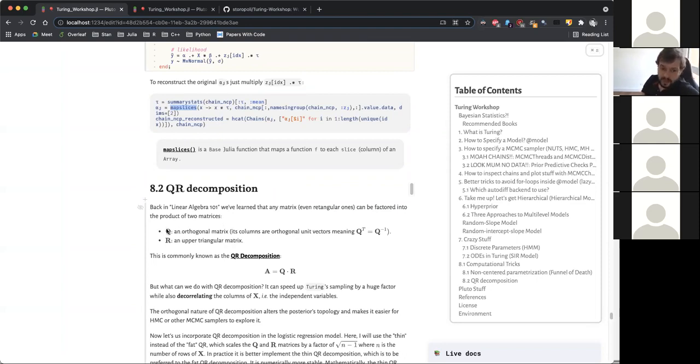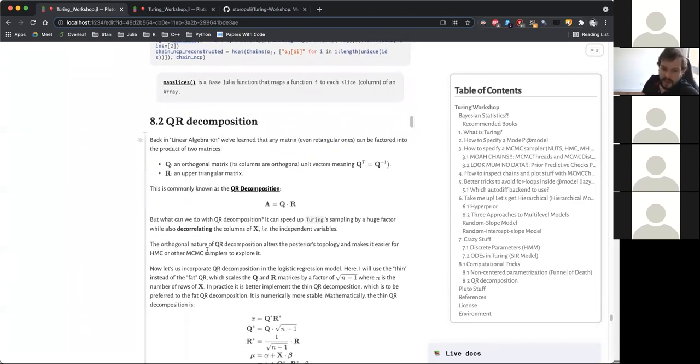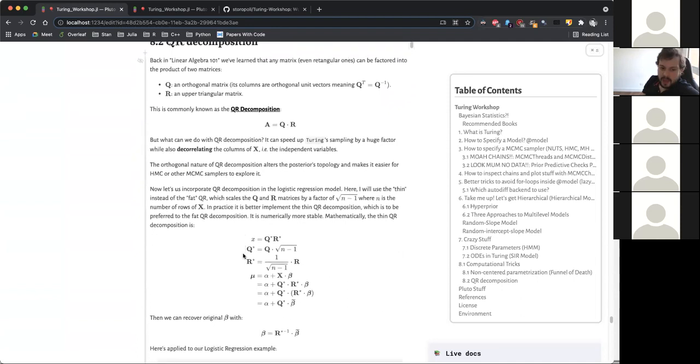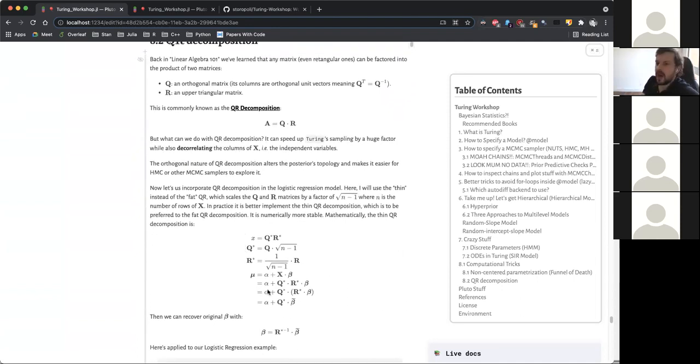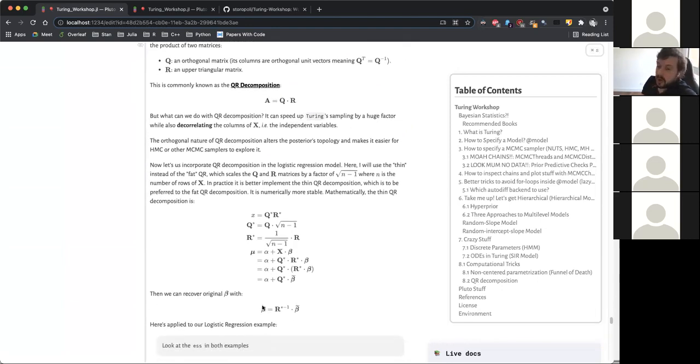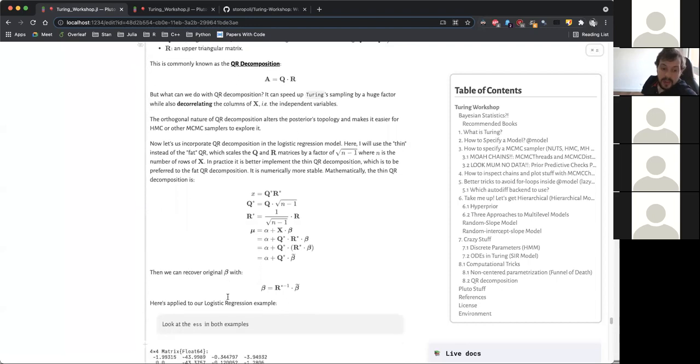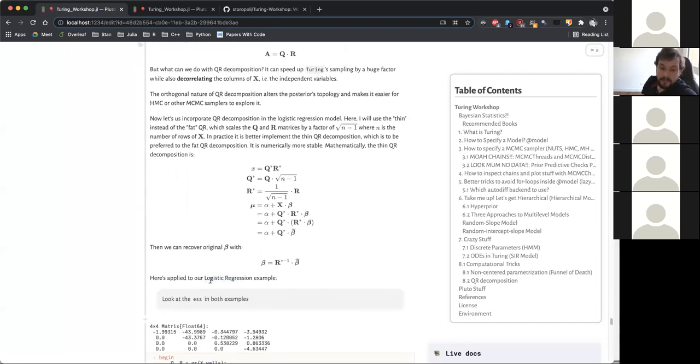So this is the whole math. We can do a QR decomposition on a matrix X, and then we can recover our betas by using the inverse of the R in the QR decomposition times the beta that we estimated from